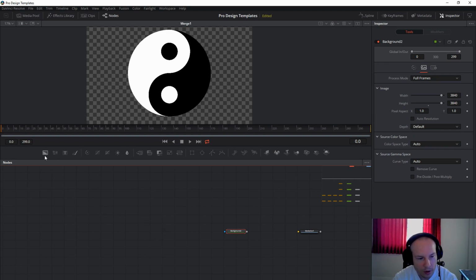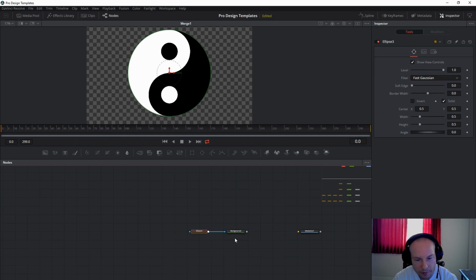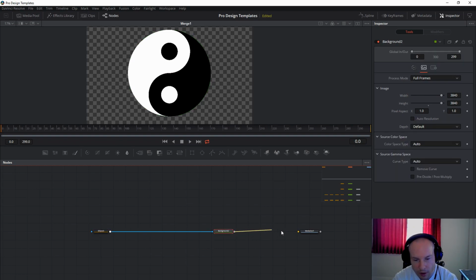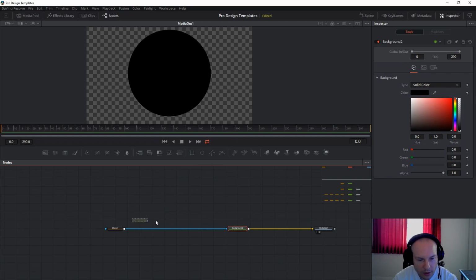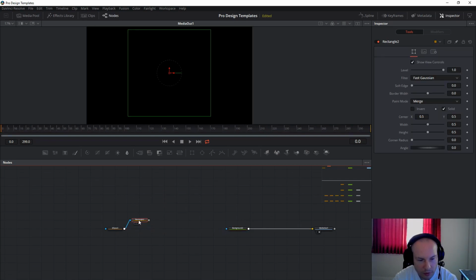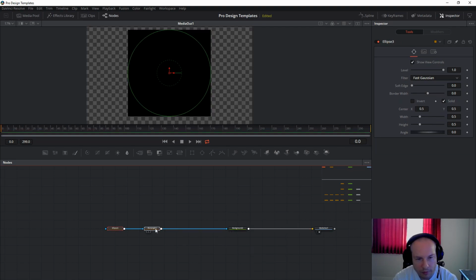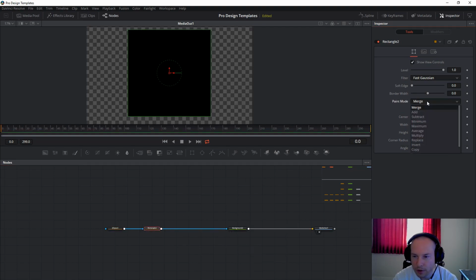It's fairly simple. You just drag an ellipse like this. This will be a circle. When you drag it and connect to the media out, press number 2 on the keyboard and you will get a rectangle like this. Connect the ellipse to the rectangle like this and connect to the background. What we'll do here is just change to multiply,